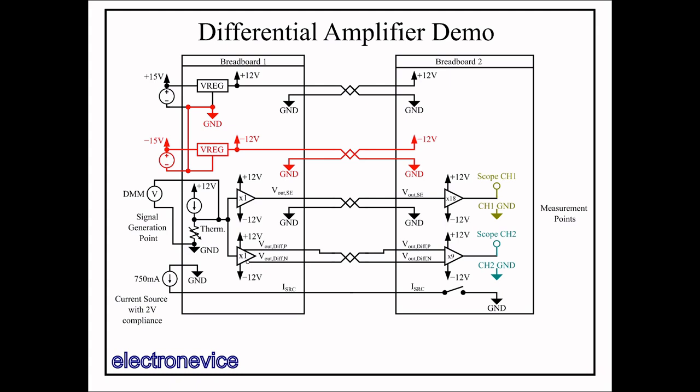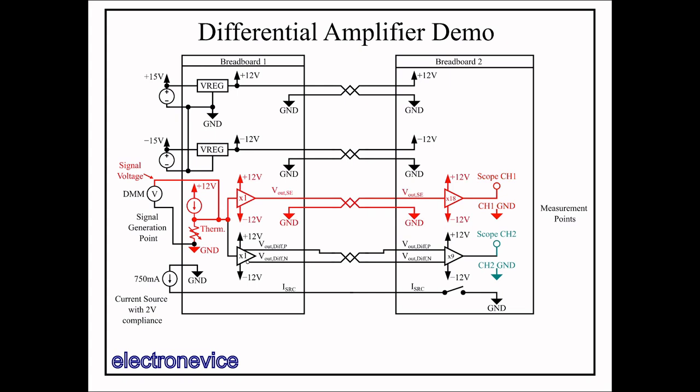Though it has some parasitic capacitance to earth ground, it will not matter for this demonstration because we will be dealing only with DC signals. Moving down, we see that the point at which our signal of interest is generated is this small current source flowing into a thermistor generating a voltage. My DMM is connected to the thermistor voltage and a nearby ground so we can monitor the true signal voltage.